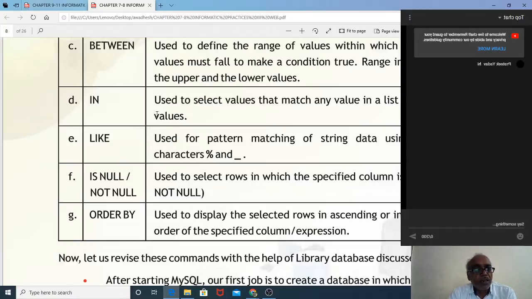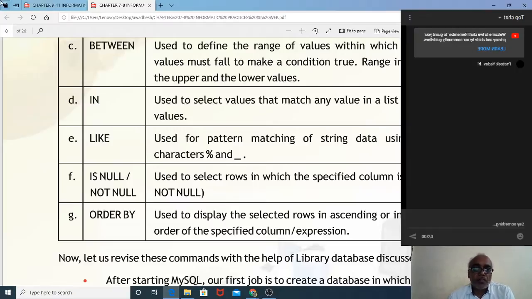Then what do you write? Select name from T1 where marks in (10, 20, 30). Clear? You write the outer bracket, and then you press the enter key.